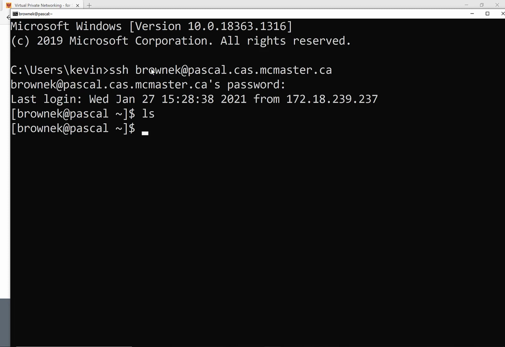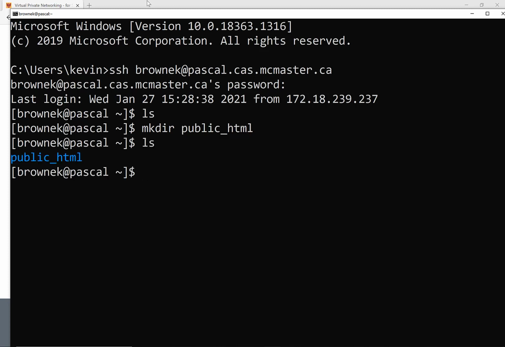So it's your Mac ID and your Mac ID password, the same one you use for Mosaic and Avenue and email and everything else. Once I'm on the Pascal server, one thing we can do with this server is I can say mkdir public_html. And if I check, that makes me a directory public_html. And if I cd into that directory there,